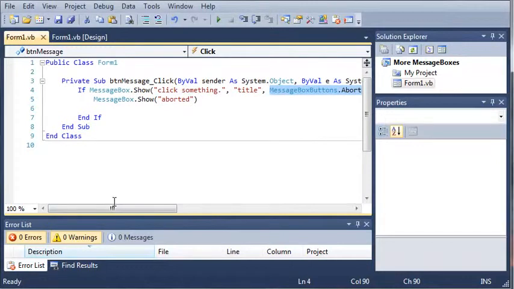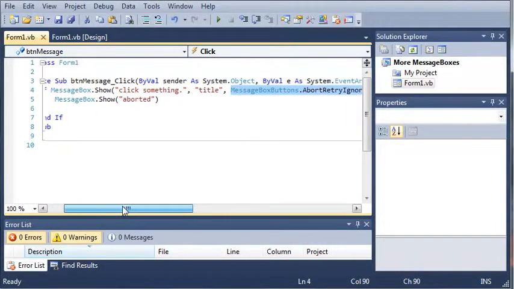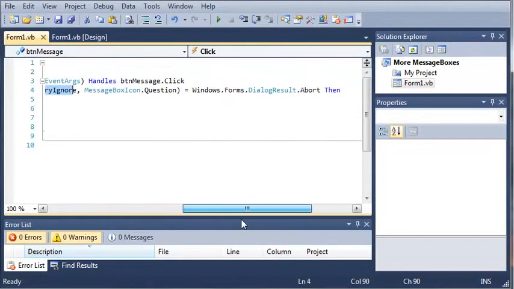Now my challenge for you guys is to add some else if statements that will handle if they click something other than abort. So let's say if they click retry, it's going to MessageBox.show retrying. You can also put this in a select case statement, which is more efficient than an if statement. So go ahead and practice this. This might be a little bit confusing for you at first, but you'll get the hang of it,